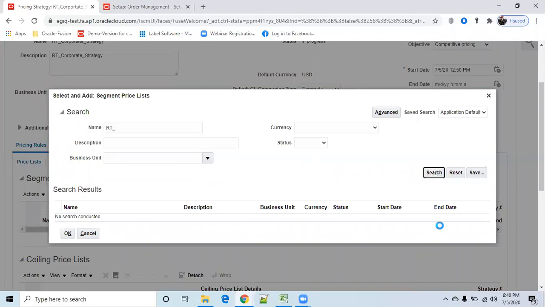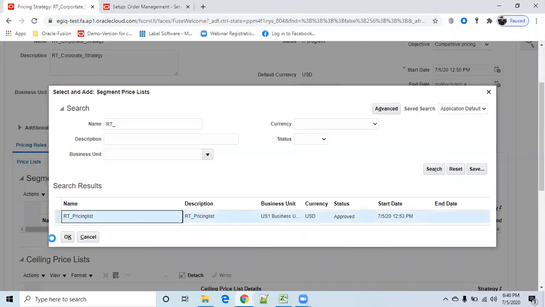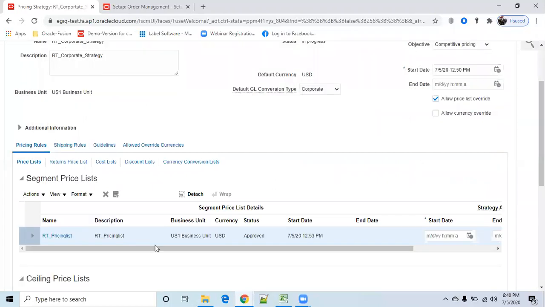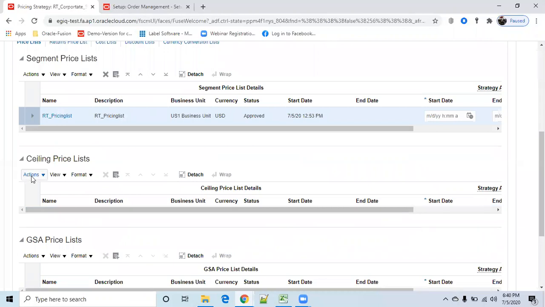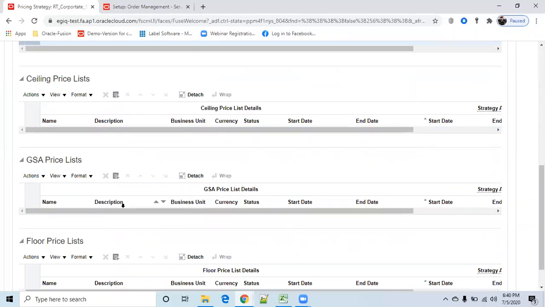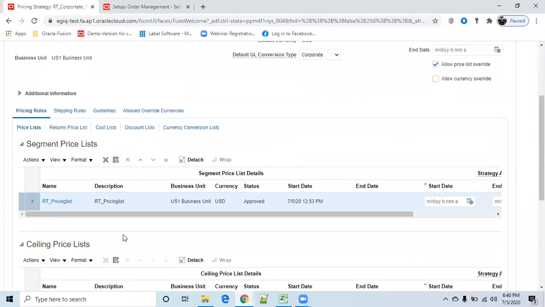Click on search. Now I can find this one. Click on OK. Okay. So there are a lot of things: ceiling price, GSA price, floor price. So we have almost like lot of pricing list we have. So now we are creating very simple pricing strategy.